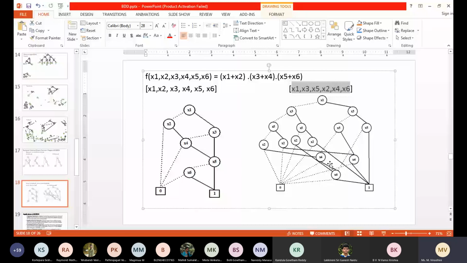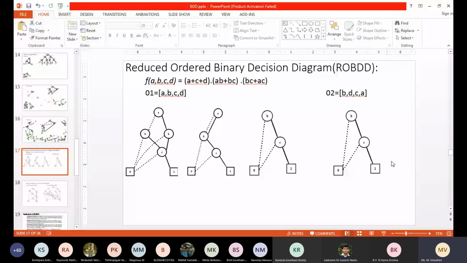If I'm doing it in a random way, drawing a reduced binary decision diagram is also tougher. It's not an easier job. Like this, before I ended up with this final diagram, I have drawn many big circuits. Each and every circuit was very complicated. So in the previous example, we didn't face any problem like this. It ended up in a simple way. Either I took a normal sequence or a random sequence, my final answer is fine.